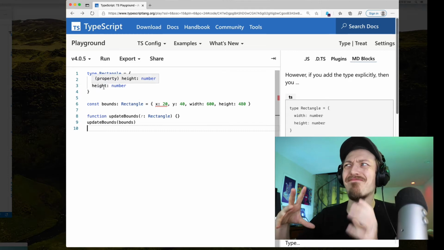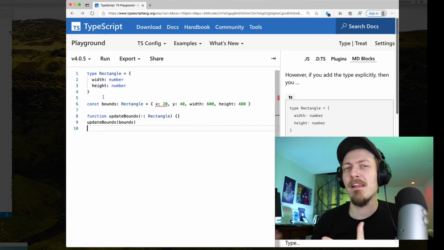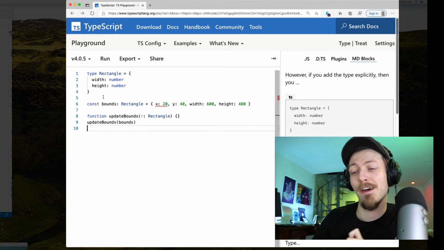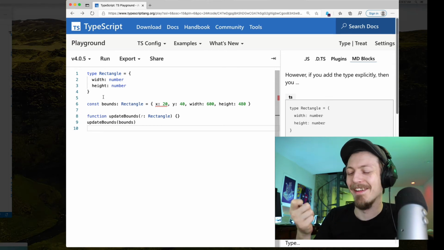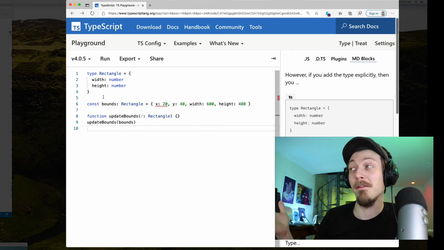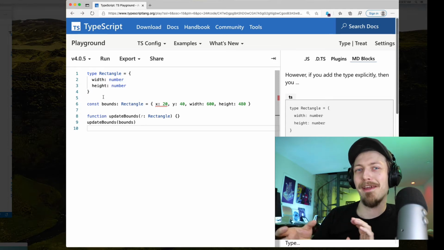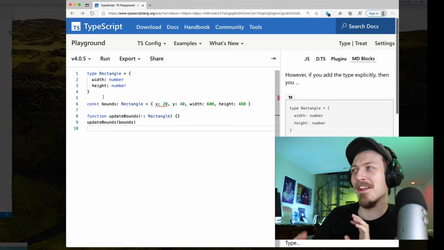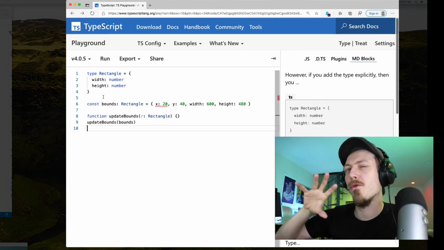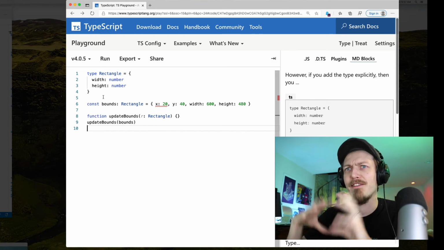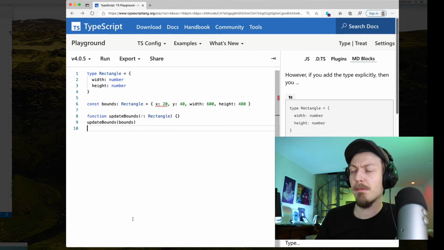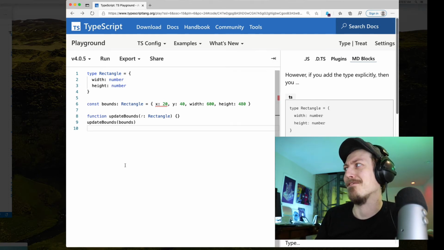And so types and interfaces don't necessarily act exactly like protocols in Objective-C and Swift, but they are somewhere between a real type and an interface, depending on how you assign the connection between the object and the type. So that was a pretty wild one. That took me a bit to learn when I first started doing it.